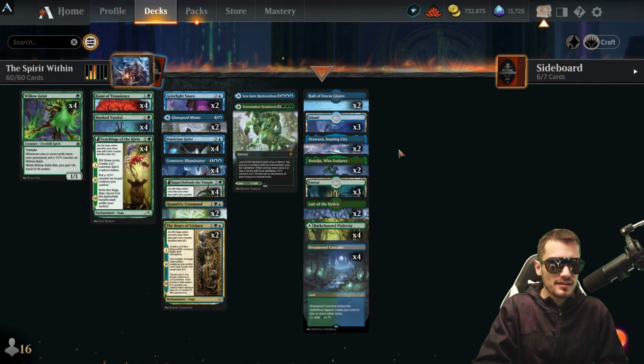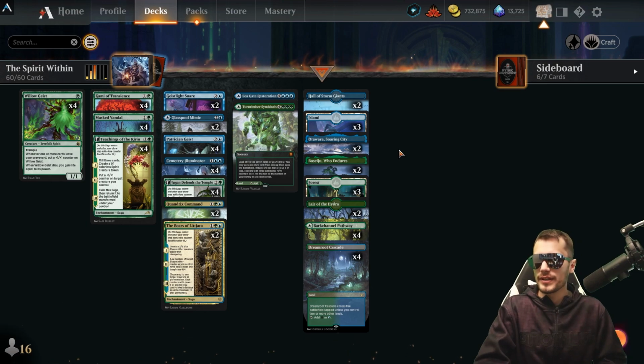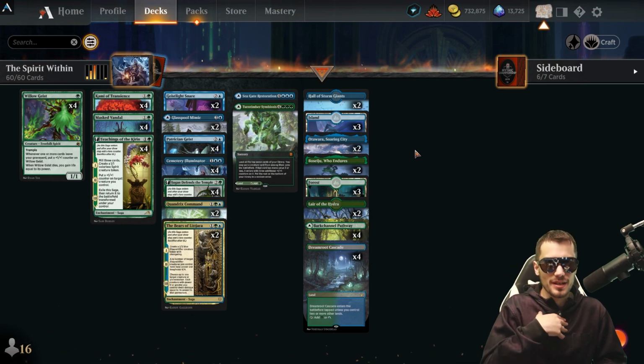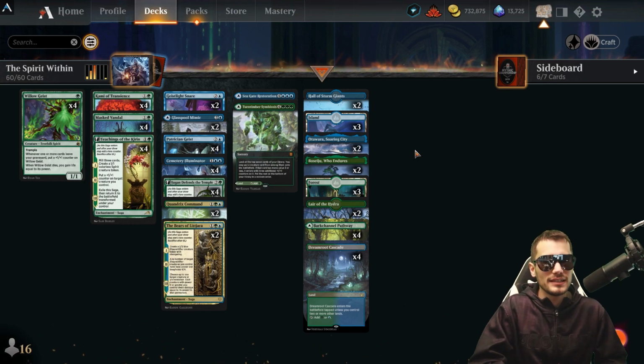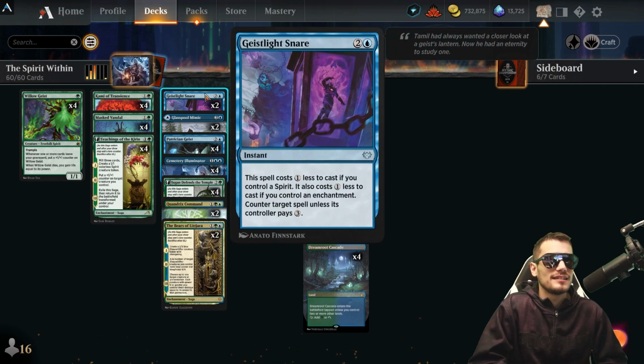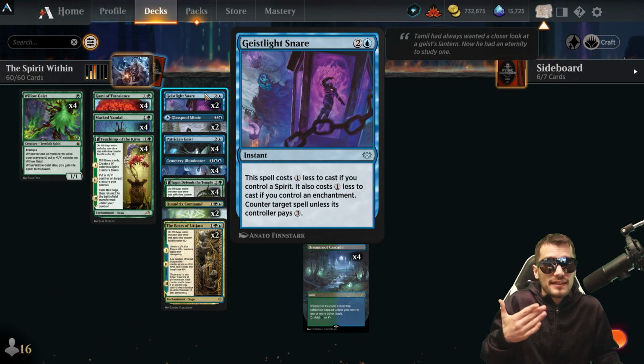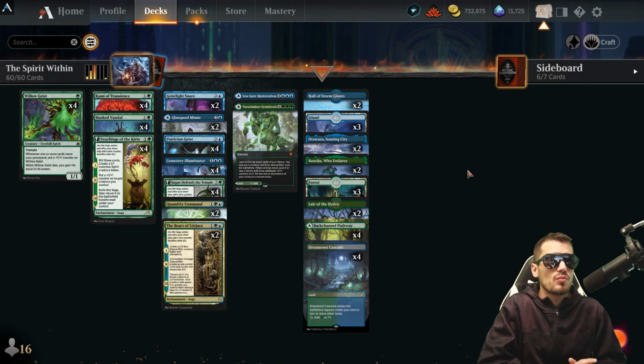Holy Toledos. Who made a Blood on the Snow deck? That's what I want to know. Everyone's running Blood on the Snow, which is upsetting to me because it really destroys us. How are we going to mitigate that? Well, I think Geistlight Snare, sure. Let's play 4 copies of this in the deck. You know what I mean? I think that's going to be fantastic. As far as what we drop, well,